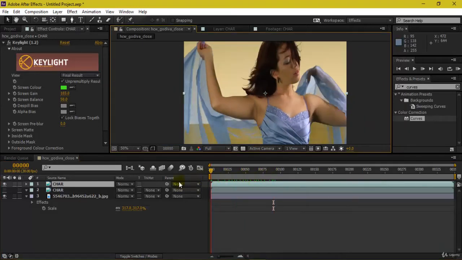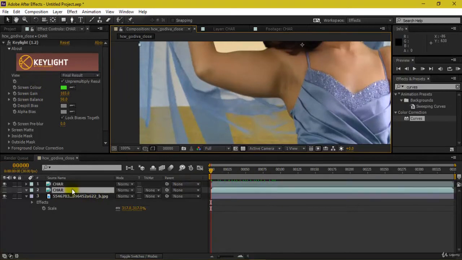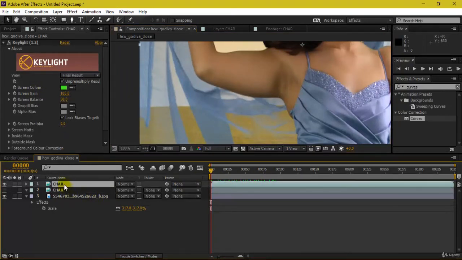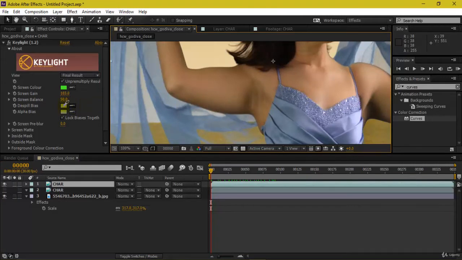So what I'm going to do is I will be going to my key light option over here. As you guys can see, selecting this option over here, there is an option known as de-spill bias. So what does de-spill bias do is it does not actually remove any color. We have selected this, and as you can see the eyedropper tool has been selected.